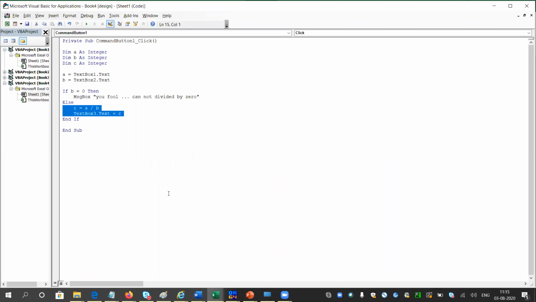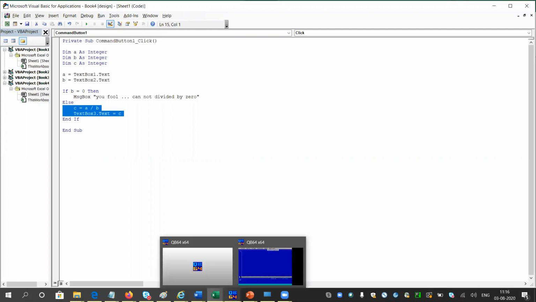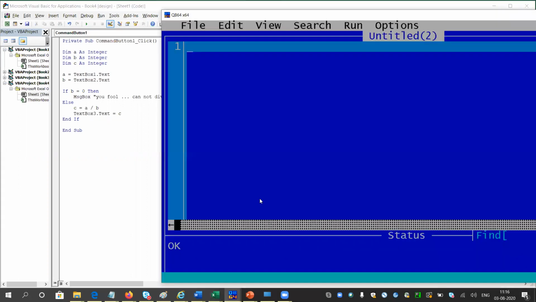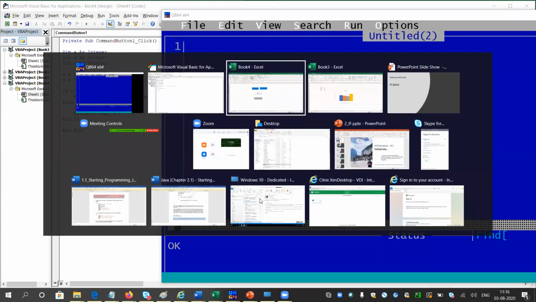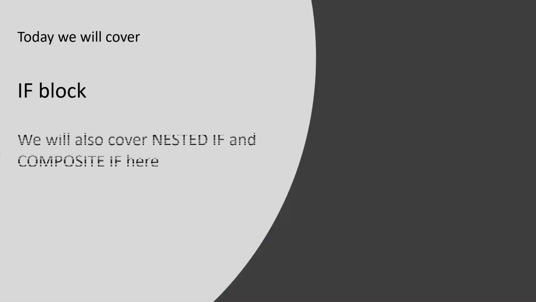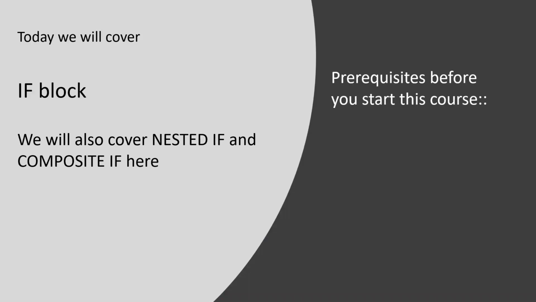Let me quickly go inside the QBasic compiler. We will try to do the same here. Before that, in the if block, today we will cover nested if and composite if. I will show what you mean by nested if and composite if. As a prerequisite before you start this video, it would be good if you check the first video, starting programming.